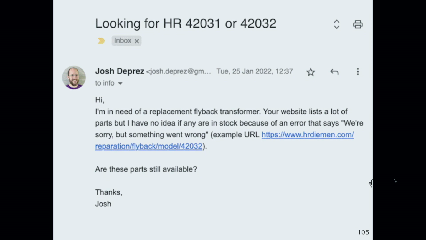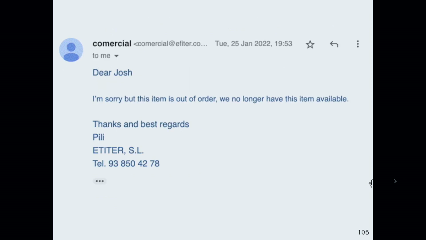It was hard tracking down a replacement flyback. Most people just raid another old computer that they have. I found a website online that claimed to be from a manufacturer who was still producing them. I'm like, whoa, okay, that's interesting. But your website doesn't work. So I sent them an email asking, are these parts still available? Sorry, no, we no longer make these. They're out. That's sad.